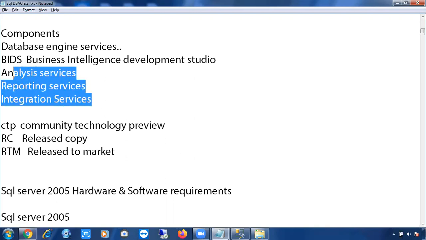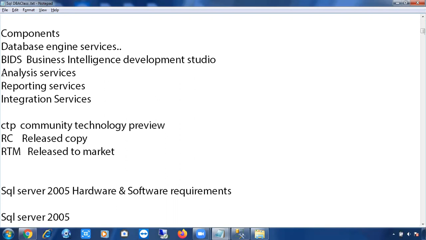With your SQL Server, you can install Analysis Services. These Analysis Services come with the SQL Server software itself. These are add-ons; if you want, you can select them. Analysis Services will simply help you to analyze the data. Again, it's an application. You can use SQL Server as the backend database software, or you can use any other RDBMS software like Oracle. That's not an issue. But Analysis Services is an application which will help you in analyzing the data.